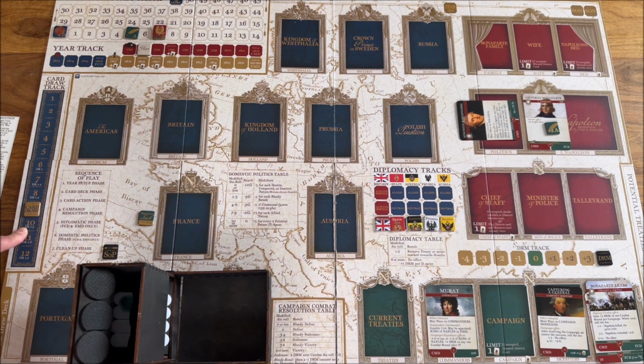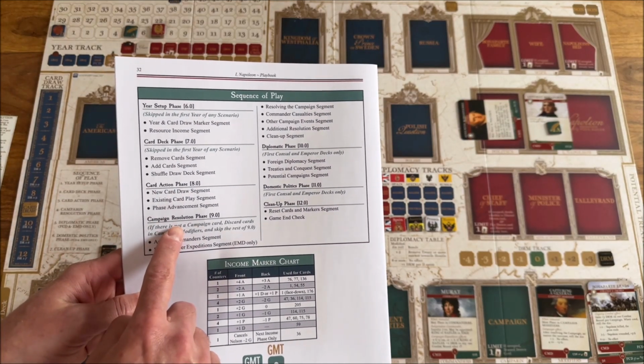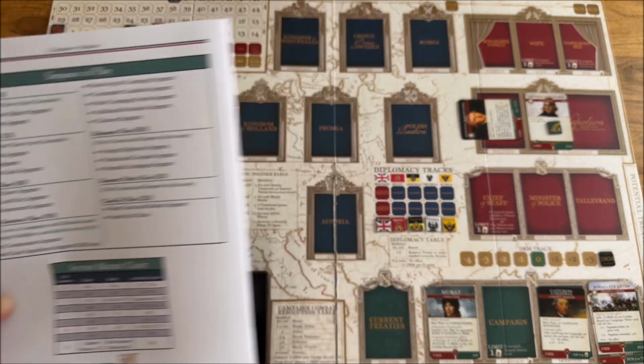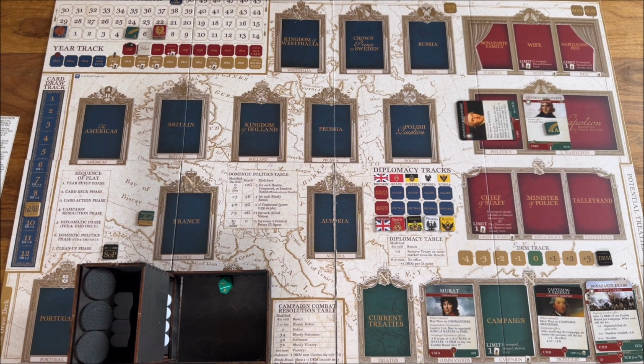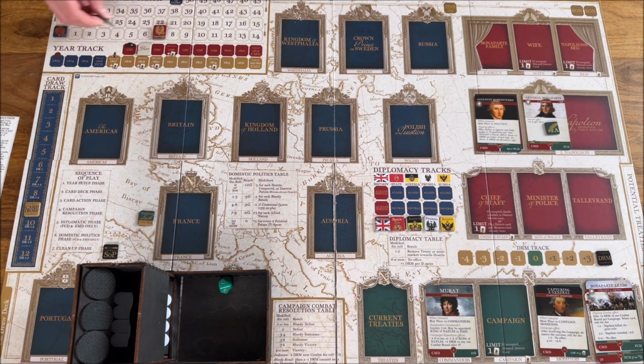Let's roll to see if we progress with the card draw. No, we don't. Now we look at the sequence of play. There is no campaign resolution. Diplomatic and domestic phase are not being played in commander step. So the cleanup, reset cards and marker segment, end game and check. Do we have anything to clean up? Not much. We just flip it here. Administrative points are wasted. The political and glory, as always, they do not reset. Yep, that's all for this year. We'll move forward with the year